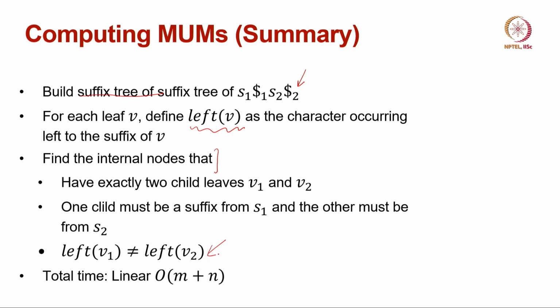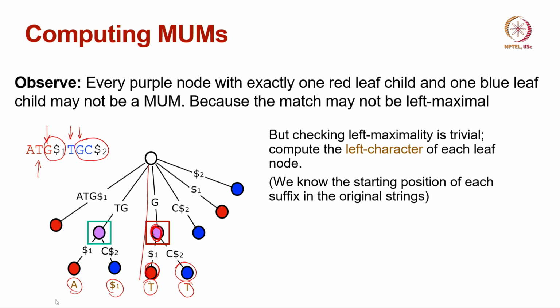And we have to check for left maximality, that is, the left character of V1 should be different from the left character of V2. So, in this case this property is being satisfied, that is, the left characters are different. Therefore, this path label, that is TG, is actually a maximal unique match. You can verify from this example that TG is both right maximal and left maximal, and it occurs only once in S1 and only once in S2. So, therefore, TG is a maximal unique match,